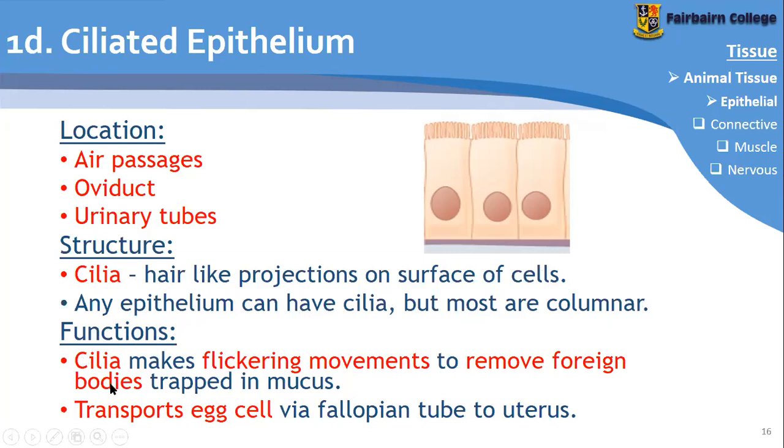Then what is the cilia and what does it do? Why is it needed? The cilia makes flickering movements. Basically it just moves back and forth. I'll show you an animation of how that looks on the next slide. One of their main functions is to remove foreign bodies that are trapped in the mucus. These ciliated epithelium will also have goblet cells that produce mucus, which will then trap the foreign bodies. And then the cilia flicker back and forth, and it will then expel